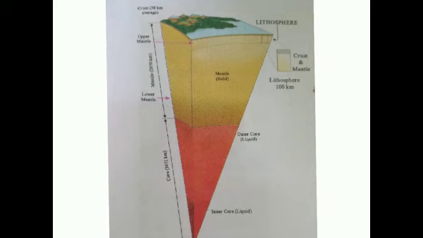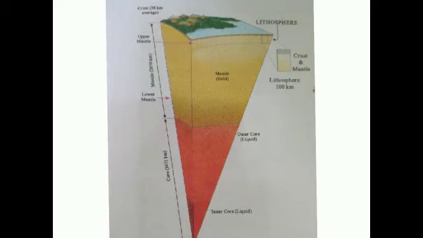And the internal energy released due to endogenetic movements occurring in this layer is responsible for mountain building, rifts, volcanic eruption and earthquakes. So the movement which occurs in this mantle, what does it result in? Mountain building, volcanic eruptions and earthquakes. Okay. Now the next one is core.